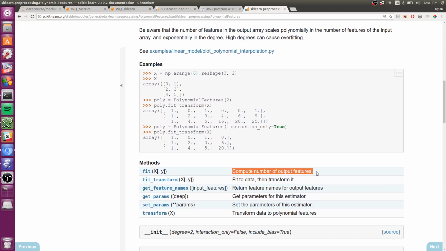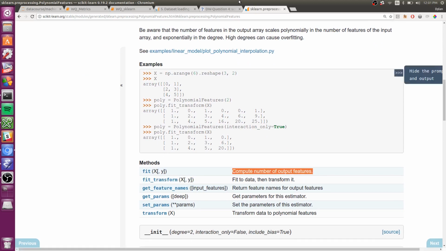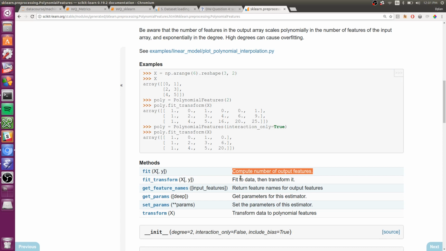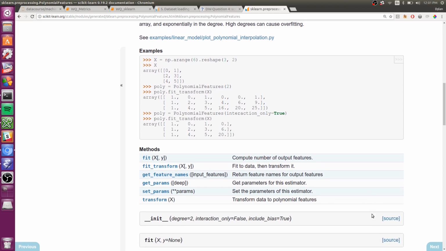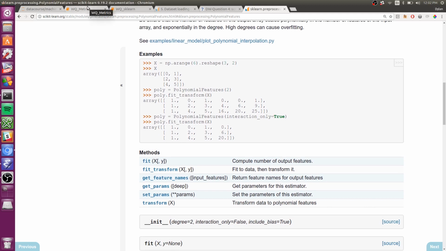Compute the number of output features. So it does need to know something. I would expect this to have been computed in the transform method, but apparently not. In any case,